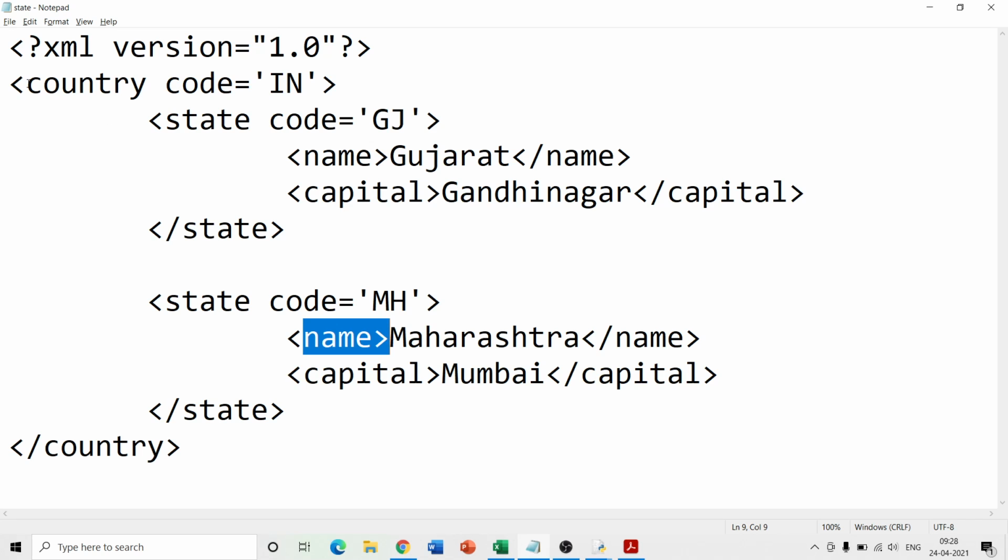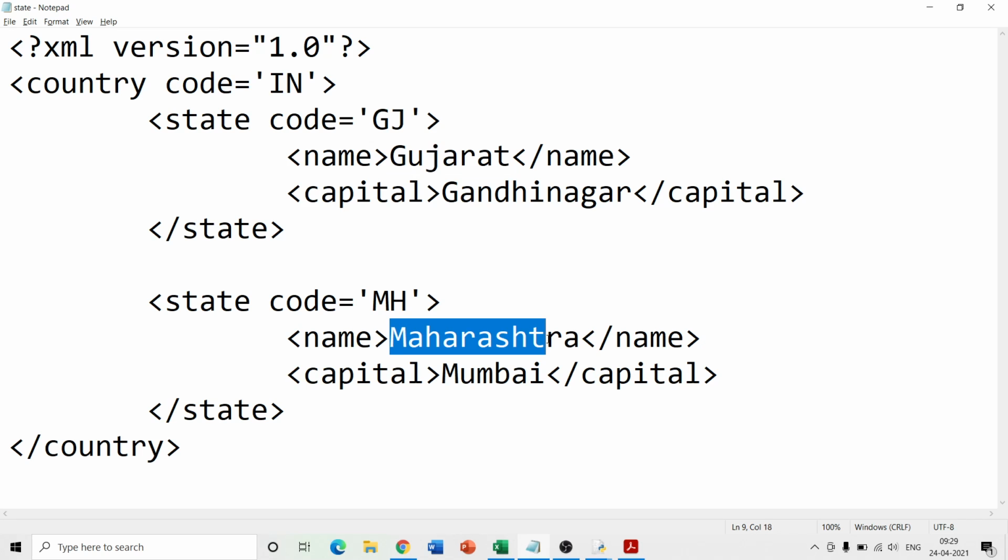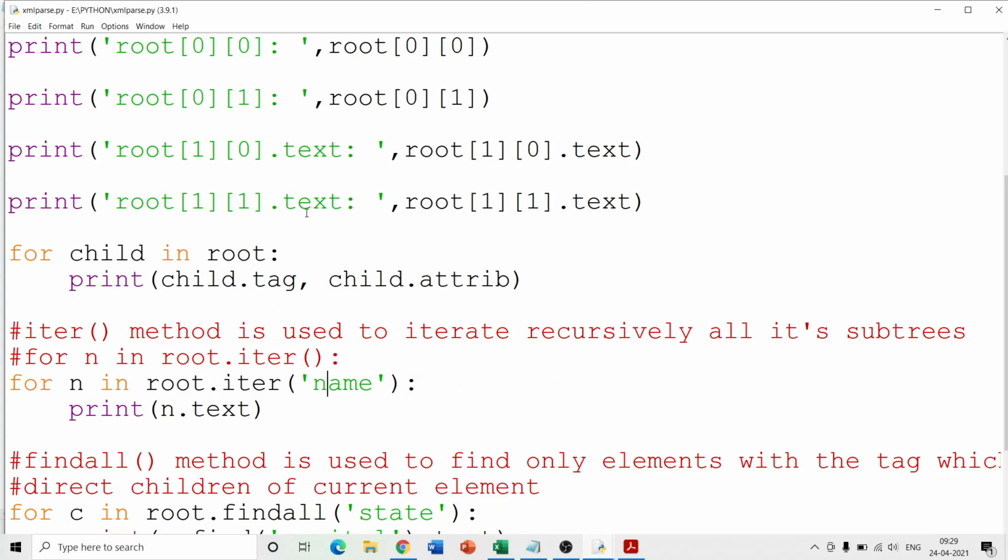That means we are iterating through the root node or the root of the tree, and within the root of the tree we are finding the name tag over here and over here, and for the tag we are printing the text. So the text is this. Okay, the text is this. Now again I can give over here something, then that becomes the attribute. Again let us go further to the code. One or two things are pending.